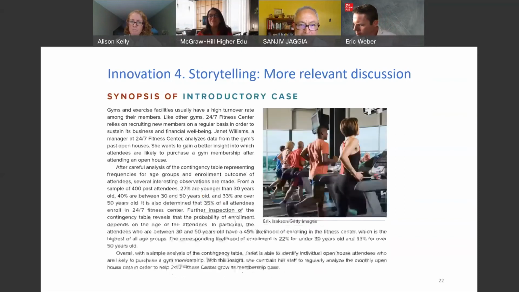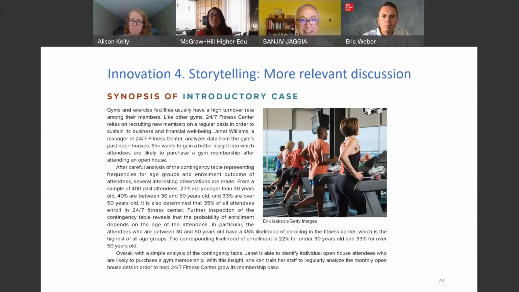Next slide, please. But the end result, again, is a synopsis. It's the takeaway. There are a bunch of things that come out, but the main takeaway is that most likely people who are between 30 to 50 years old are likely to enroll in this gym. So again, it's just simple data, simple analysis of probabilities. But now, if I'm the manager of that gym, I need to know that I need to go after those people who are between 30 and 50. And a similar thing, which is not here, we did with income. And again, we could say which income group people are more likely to enroll.